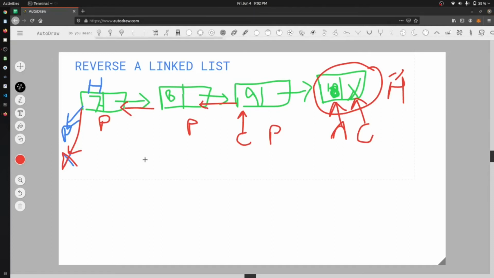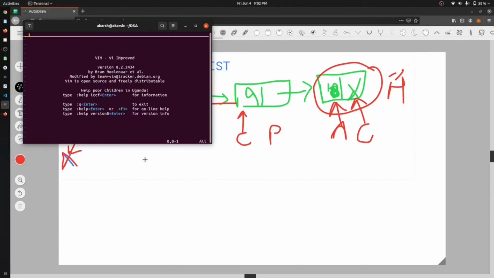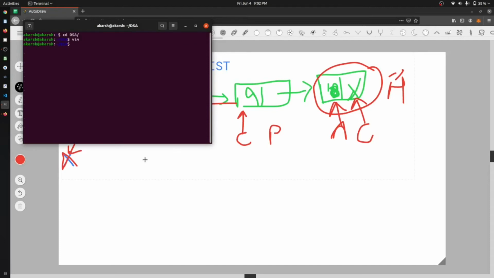Let me just come to my editor. Let me just open an editor. Okay, so it doesn't have anything.